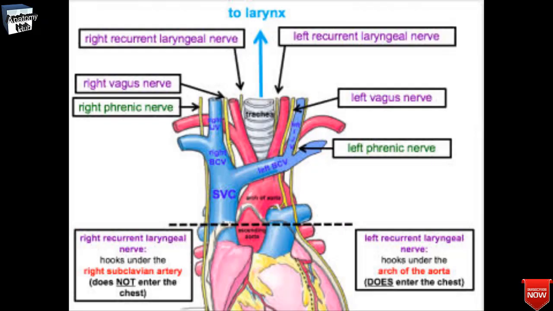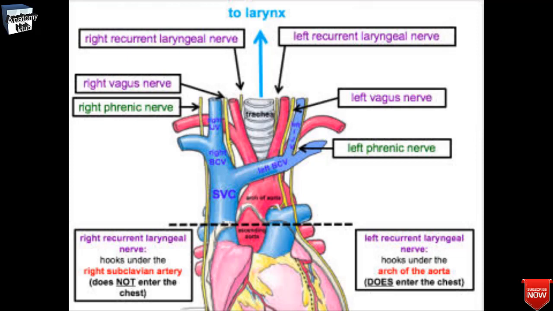From the trunk of vagus, we will find the cardiac branches and the right recurrent laryngeal nerve. Innervates the smooth muscles of the esophagus. Two other branches that you will find inside the thorax, that is the left recurrent laryngeal nerve, which hooks under the arch of the aorta and ascends to innervate the majority of the intrinsic muscles of the larynx. And you will find the cardiac branches. So these regulate the heart rate and provide the visceral sensation to the organ.